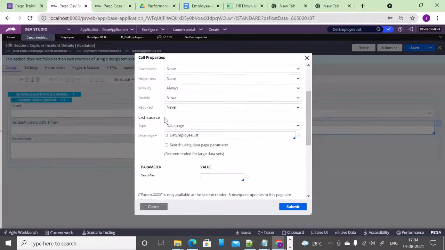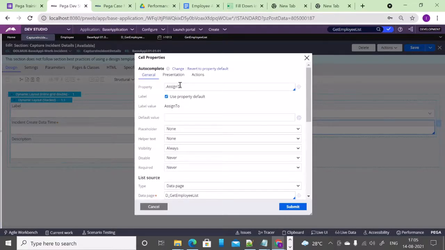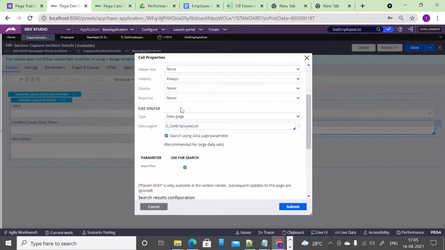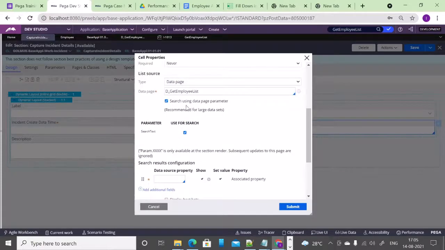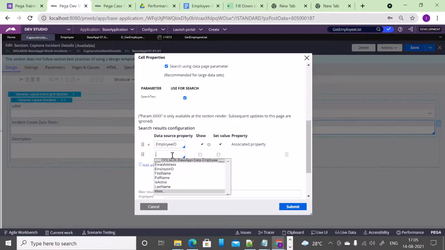So there is something called search using the data page parameter. So just check that, which means whatever data I'm entering in the assigned to field in the UI could be sent as a parameter to this particular data page. And let me use, so I'm passing it. So employee ID is used and the full name, right?